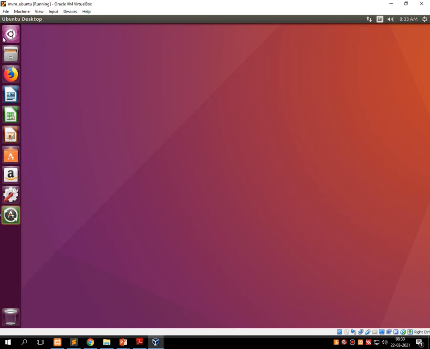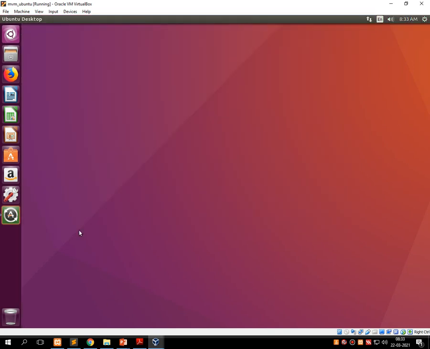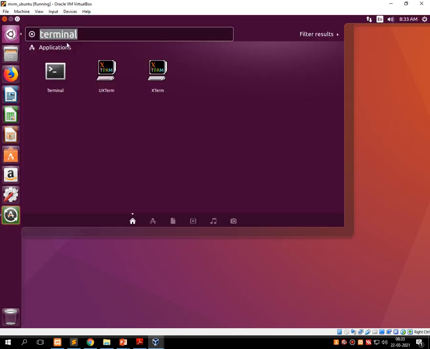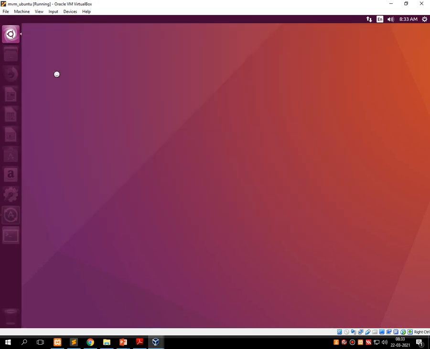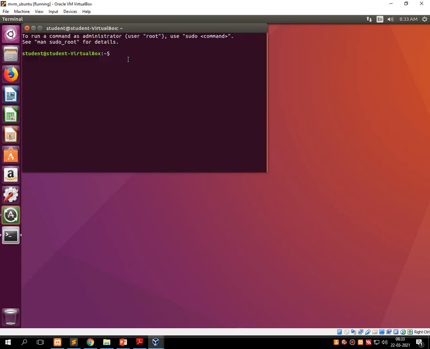So let me show you the entire process again. What we have done: first we loaded the entire operating system properly onto the screen. Then go into the search window, type terminal, and click on the terminal window, which opens the shell. Once this terminal window is successfully opened onto the screen, try to perform the various commands.